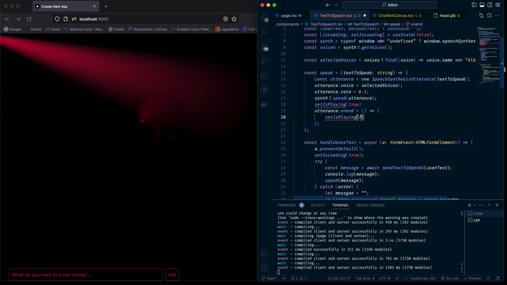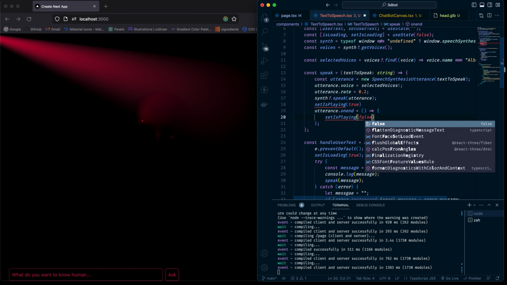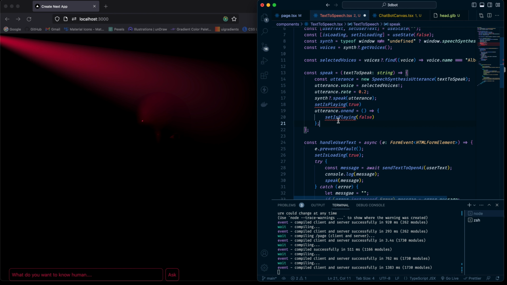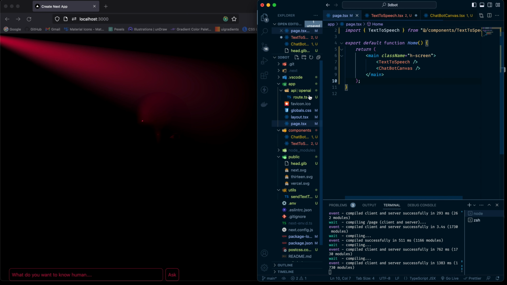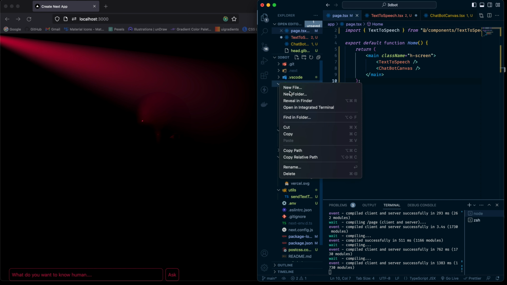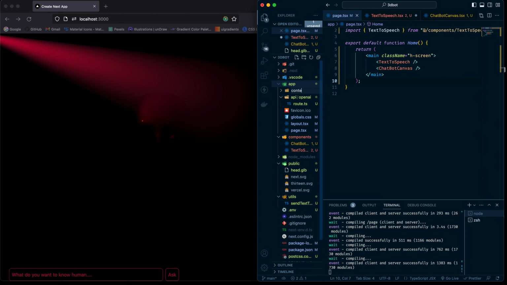But now I'm getting an error because I cannot access this state. So in order for us to have access to that, we'll have to create a context provider for that. Now I think we can create it under app itself. We'll create a new folder called context,